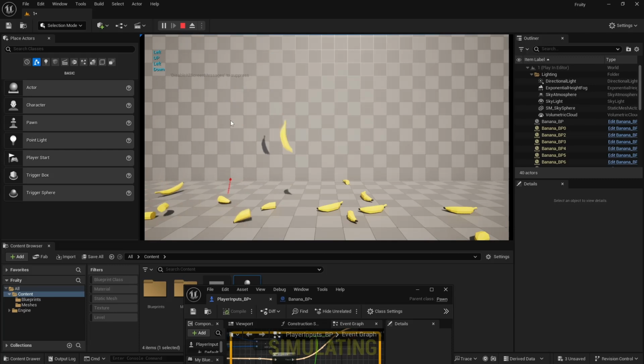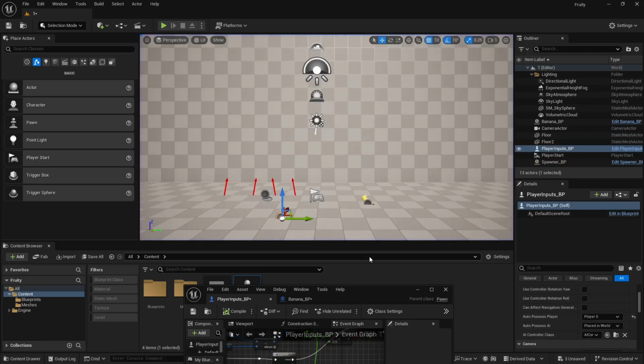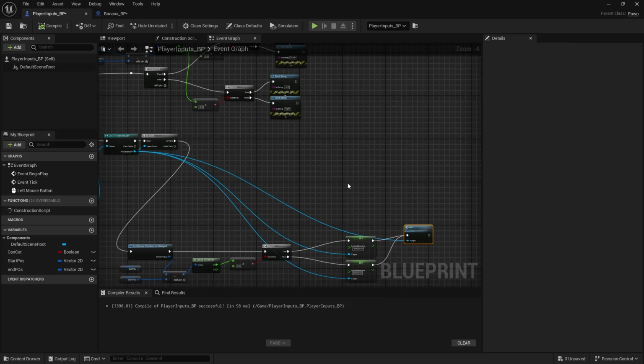It feels like I'm having direct input on the actual thing itself. Nice. We could do a similar thing for up and down, and we probably will, but at this point, yeah,